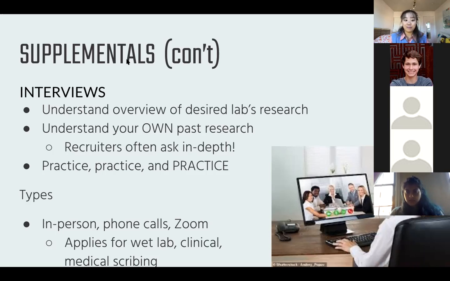The reason why is because in my general experience, recruiters always ask in depth. They'll say, oh, why did you do this? Or why did you change something like this? Or what was the outcome for this? Or what are your applications for the future? And if you get stuck on one part, they might think that you actually didn't do the research, or this was something long ago and it doesn't interest you as much anymore.